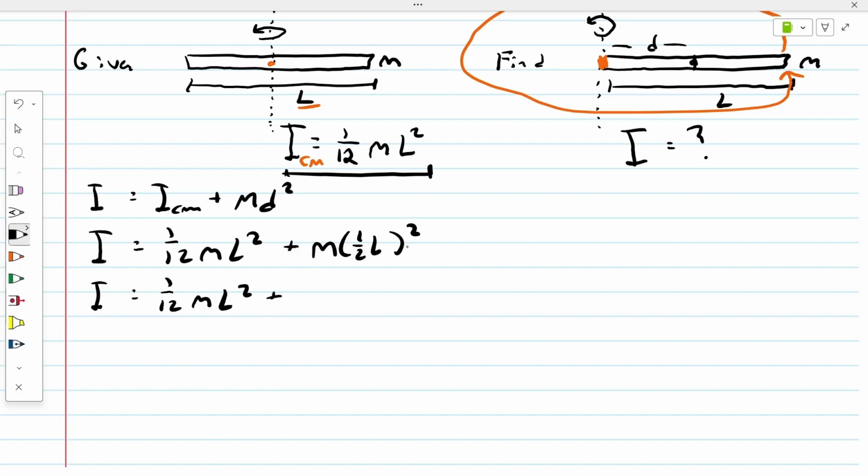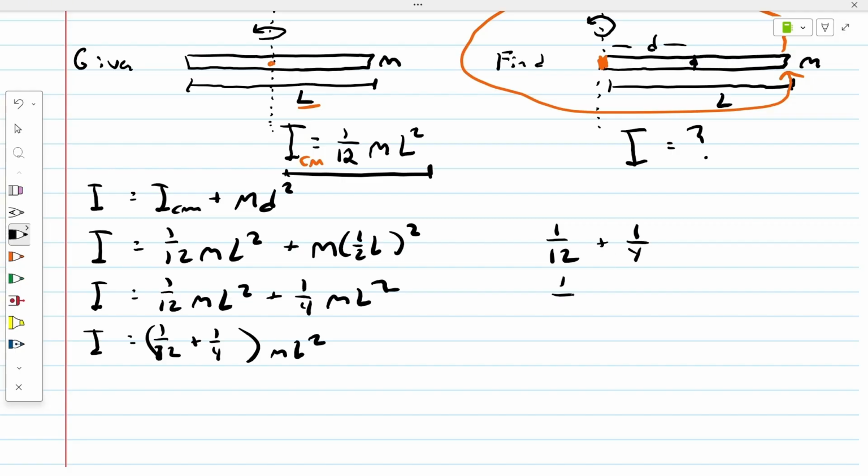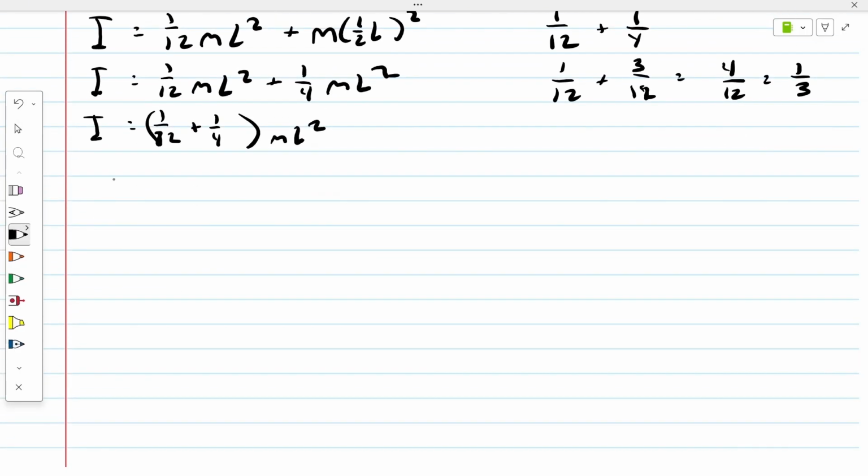And so this is 1/2 squared, which is 1/4 ml squared. And so now we just need to do 1/12 plus 1/4, and this is multiplied by ml squared. So I'll just do that over here. Just a simple adding of fractions. So 1/12 plus, that'll be 3/12, so that equals 4/12, which equals 1/3. Okay, and so this final rotational inertia is just going to equal 1/3